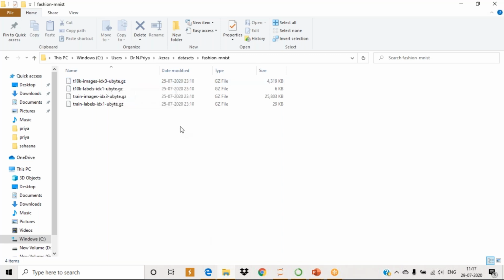See here, you have 4 files. First, take the third file, train images. The training images are in one separate file. And the training labels are the answers, the answer for each image. In total, how many images? You have 70,000 images, right? Of these 70,000 images, you are selecting 60,000 for training, right? 3:1 ratio. I said 3:1 ratio.